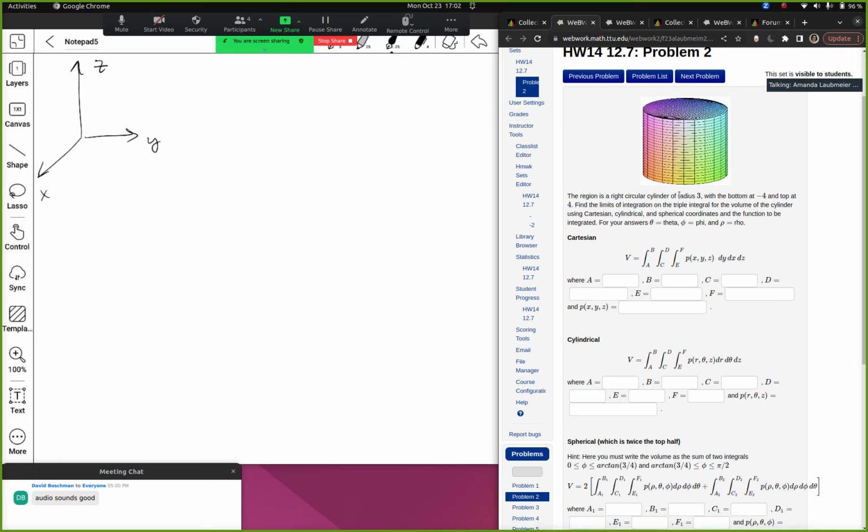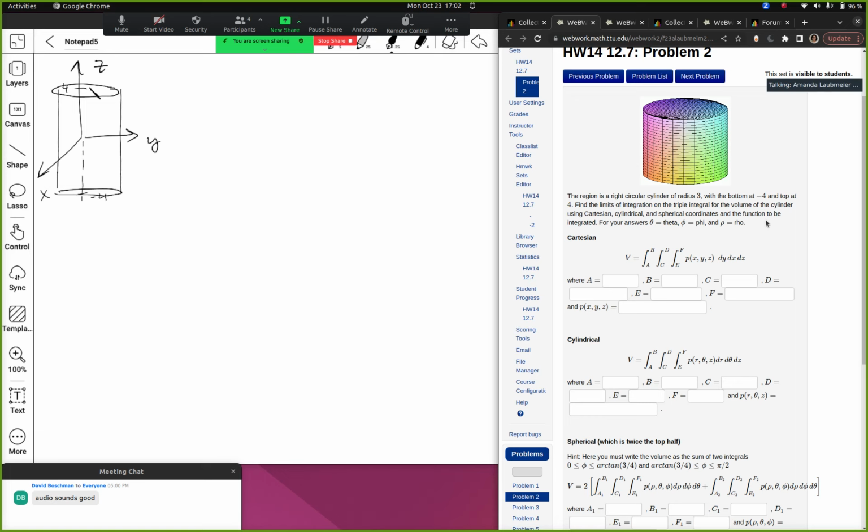They tell us it's a cylinder with radius 3, and the bottom is at -4, and the top is at 4. So it's kind of like this,